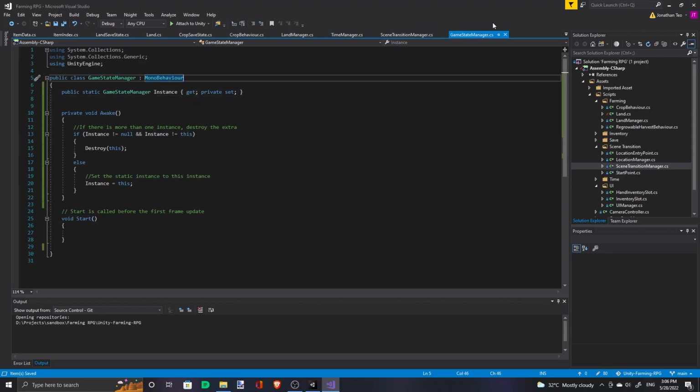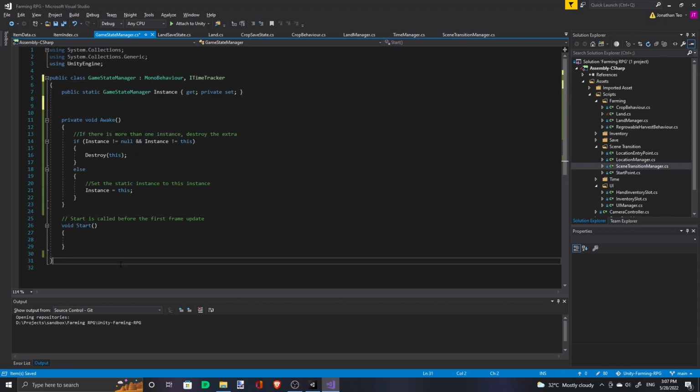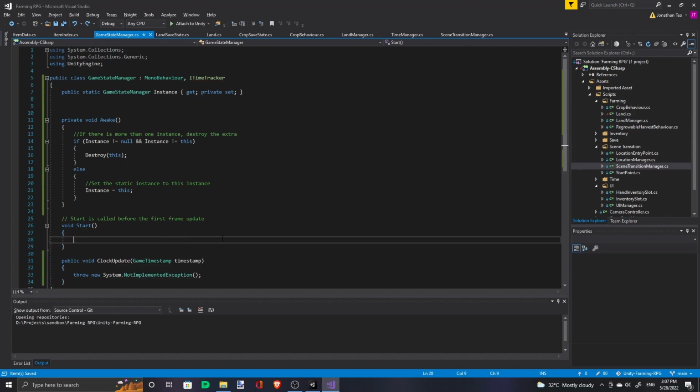And this will be the class that will be updating our static variables according to the time notifications. So let's make it an ITimeTracker, implementing the clock update interface. To update it, we first need to register the tracker with Time Manager. So in the start function,